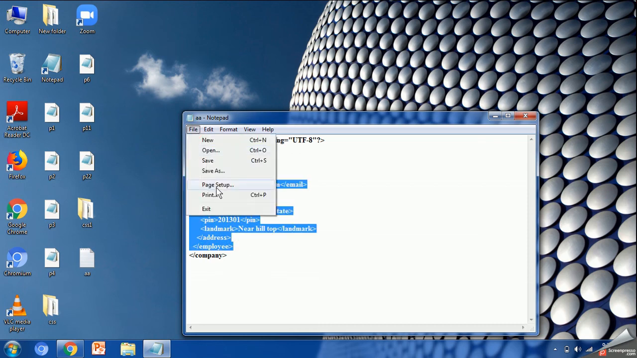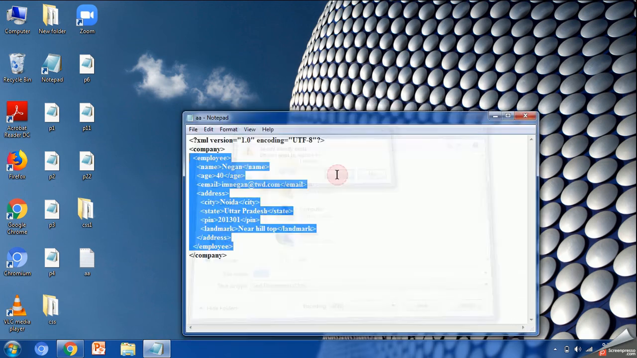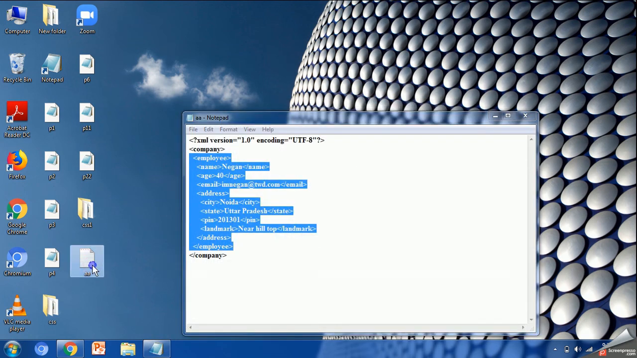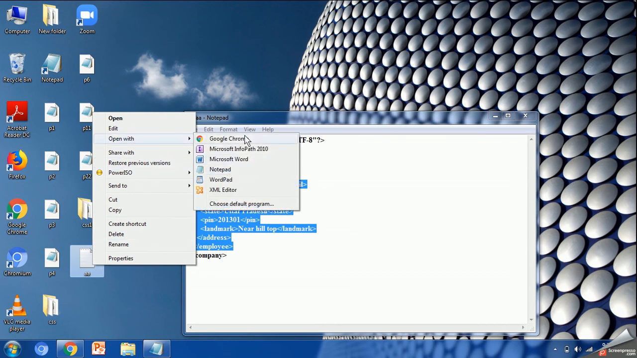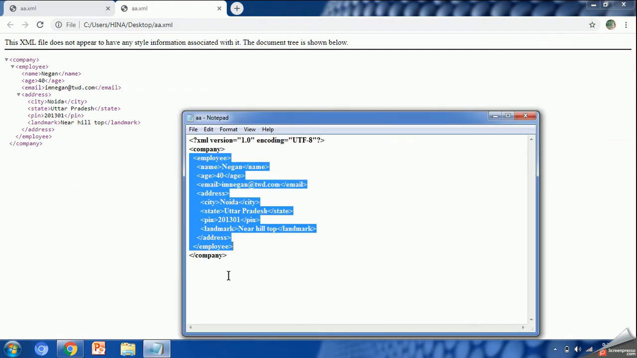Okay, now when you have to save it, you have to save it with .xml. Choose all files, then save over here. Just replace it. Okay, now you have saved your XML. Now run it on any web browser. Now see, this is what you will get. We have not applied any CSS, so it is showing this. See, this is company, this is your root tag. If I want to minimize it, we can. So in the address, you can see over here,